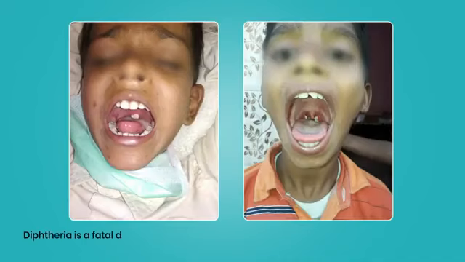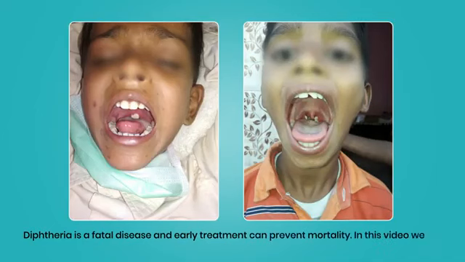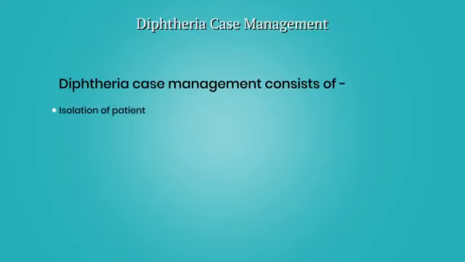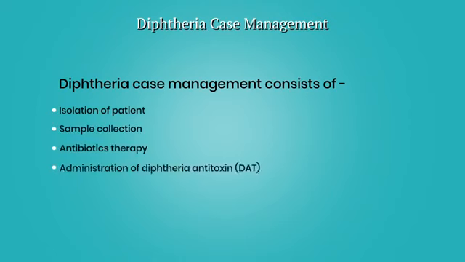Diphtheria is a fatal disease, and early treatment can prevent mortality. In this video, we will discuss diphtheria case management. Diphtheria case management consists of isolation of patient, sample collection, antibiotics therapy, administration of diphtheria antitoxin, supportive measures and immunization